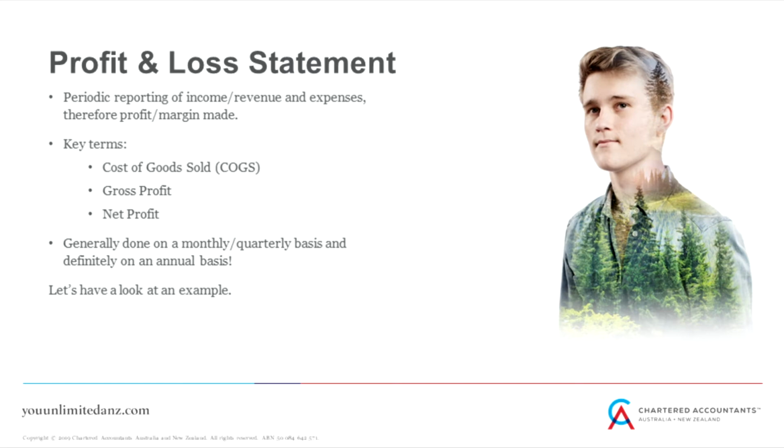Sticking with our cafe example, if I'm selling takeaway coffees, the variable costs would include things like the coffee beans, the milk. If it's a takeaway coffee, it will include the takeaway coffee cup cost. And you can check that all of these are variable costs because the more coffees I sell, the more cost